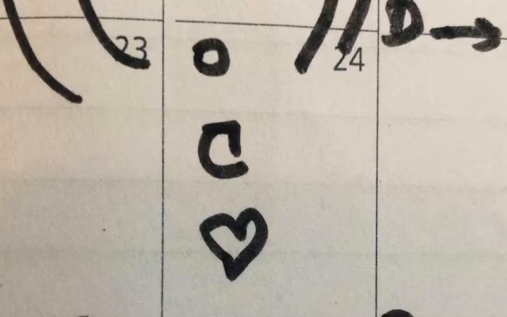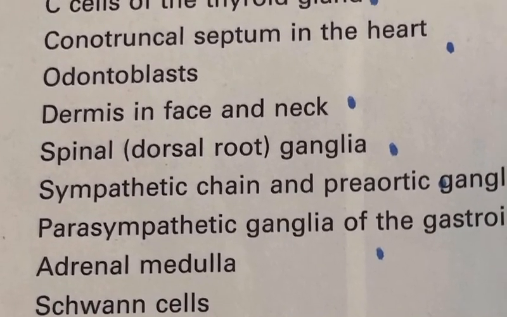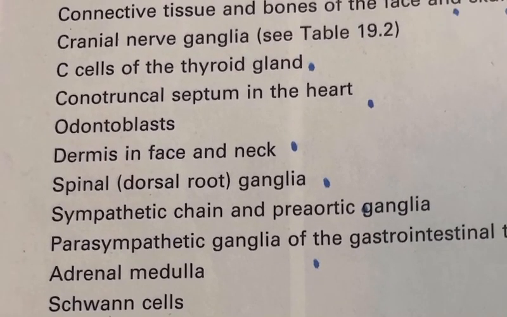Number two, straight away you can write about the derivatives. If you want to go into detail, you can start from the neural plate expansion, and then the lateral margins get elevated and form the neural folds, and then the depression is called the neural groove, and then the lateral folds join together and form a neural tube, and the tube is open in the anterior part and posterior part. The anterior part is called the anterior neuropore, the posterior is the posterior neuropore, and the lateral edges, the neural crest cells, get detached, and the derivatives are all this stuff. That's all about the neural crest derivatives. So here everything is given clearly. This is about the neural crest derivatives.